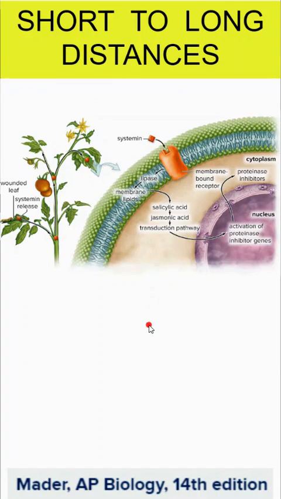So as we start going from short to longer distance, more examples here. If a leaf of a plant is starting to get eaten by an insect, the leaf itself will notice that damage and will release this cysteamine. And it's going to communicate to the leaves nearby, but it'll also communicate to the leaves throughout the plant. And this cysteamine is going to land on a receptor, which is going to trigger these different defense chemicals, which go through signal pathways, which we'll get to, and that's going to activate certain genes